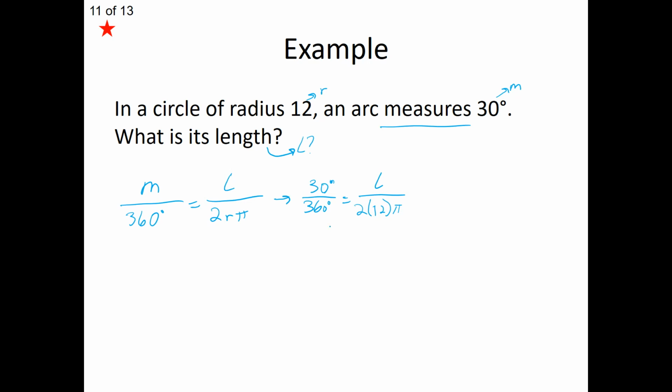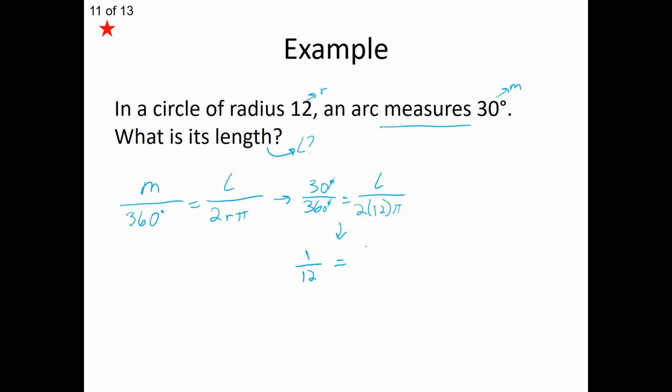First, on the left-hand side, I notice that the 30 degrees and 360 degrees, well, the units are going to cancel out, right? No more degrees. But 30 and 360 have a common factor of 30. I can divide 30 out of the numerator and 30 out of the denominator. 30 divided by 30 is 1. 360 divided by 30 is 12. Okay, so now I've got a nice little simple fraction there to work with as I'm going to solve for